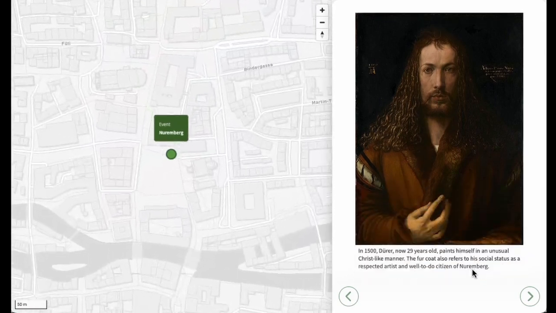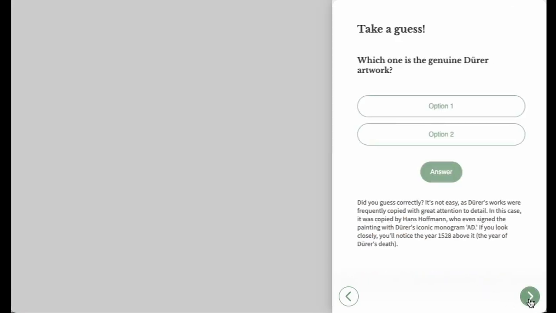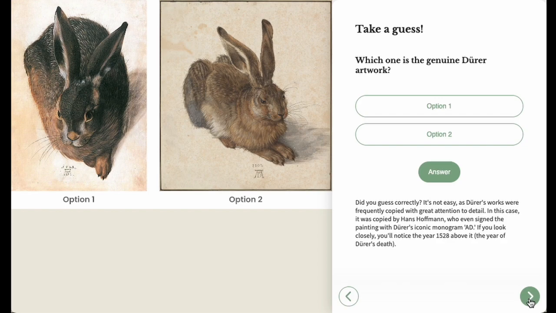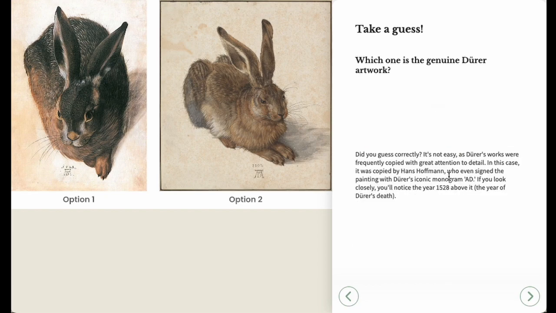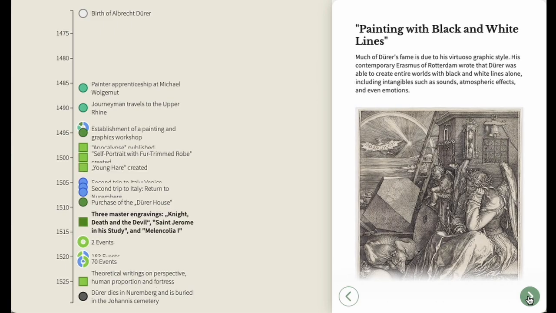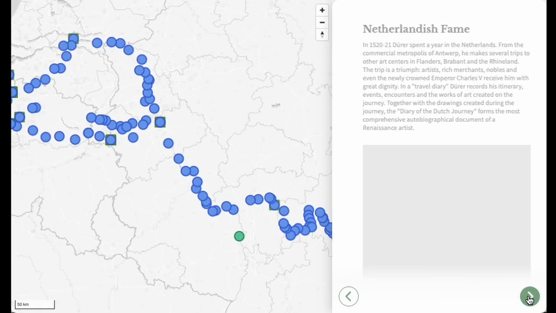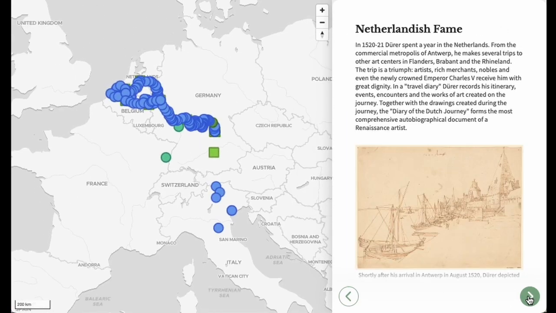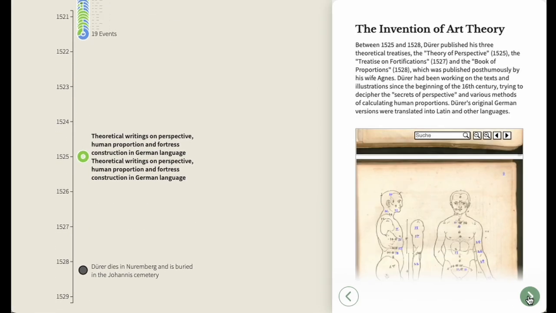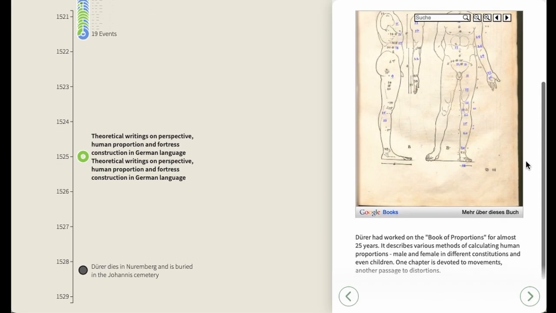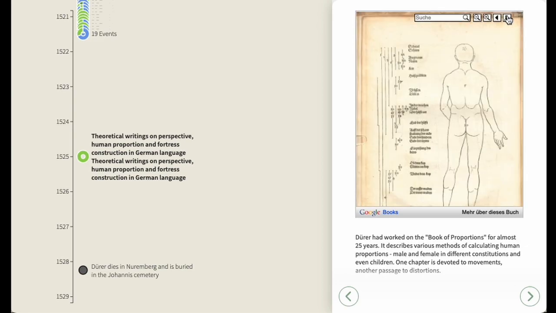The quiz is also implemented here and asks to identify the original and copied work by using an image on the left and a quiz on the right side. Afterwards, we keep on following Dürer's artistic rise and development of his business. Here we have the journey to the Netherlands again. We also have the theoretical works included here as Google Books, and end the story with his death and grave,